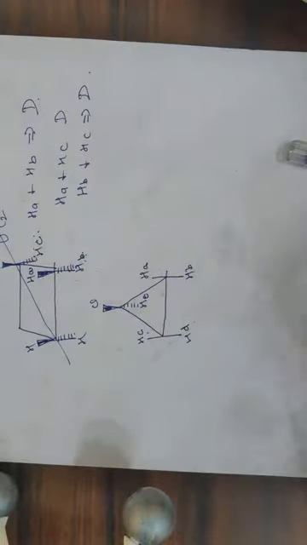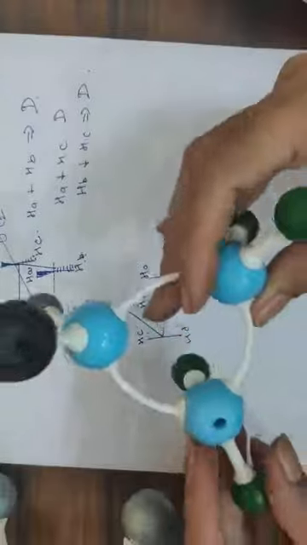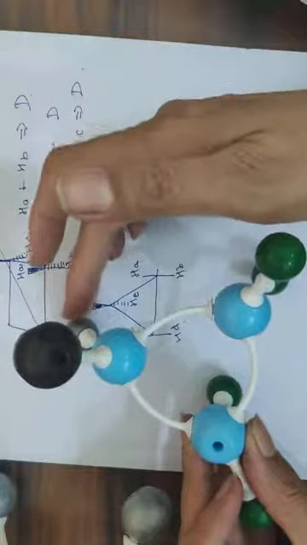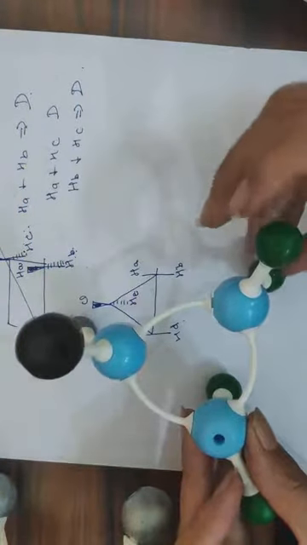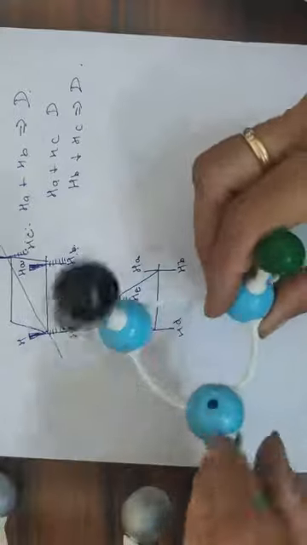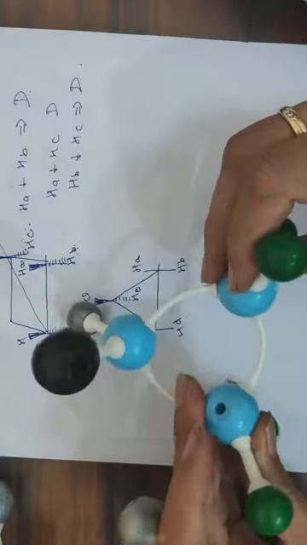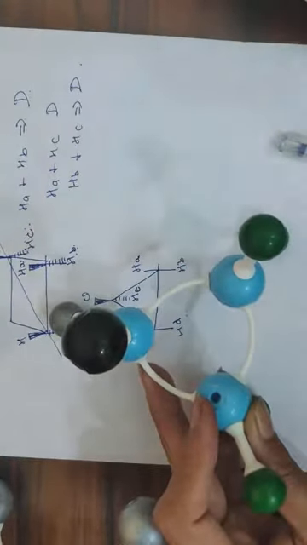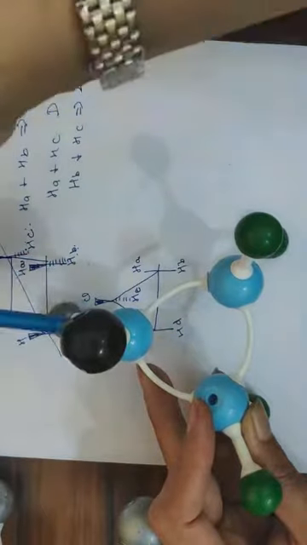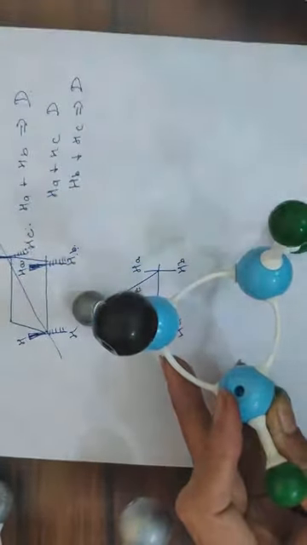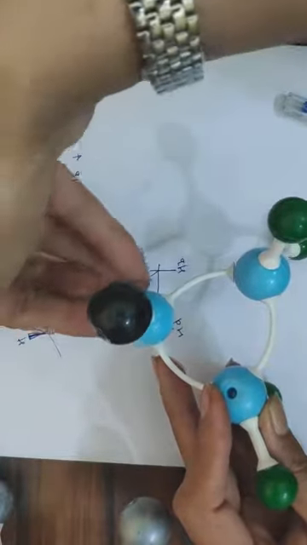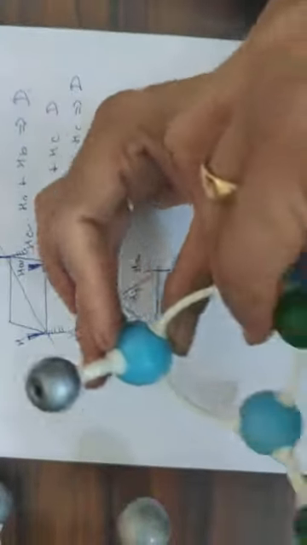So if we do it like this, this is Cl, this is hydrogen. Cl is lying above the plane, hydrogen is lying below the plane. These are two hydrogens. Two hydrogens are lying above the plane like this, and there are two hydrogens lying below the plane. Let us suppose a C2 axis is present from here, passing through the center. If you apply the C2 axis from this, then what will happen? This is 90-degree rotation, this is 180-degree rotation.